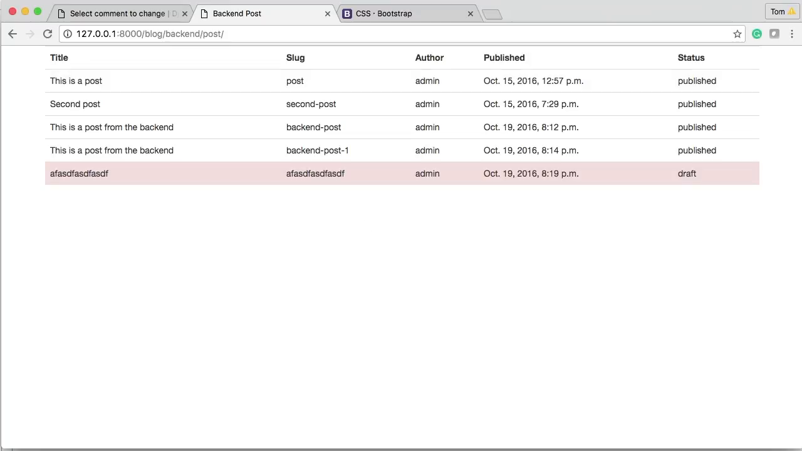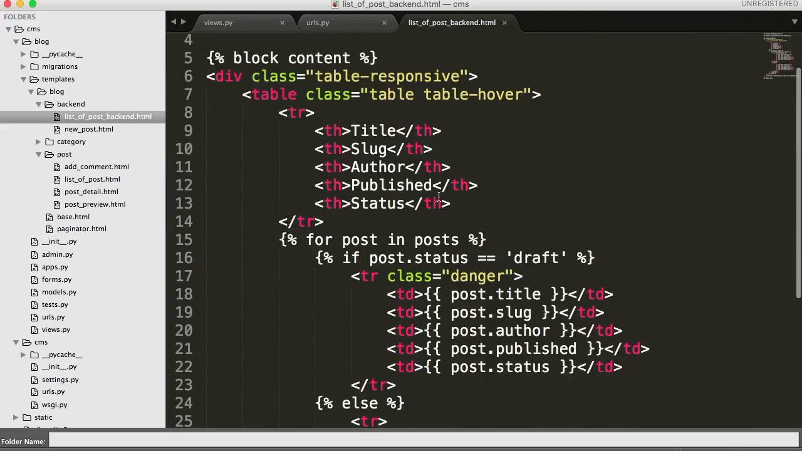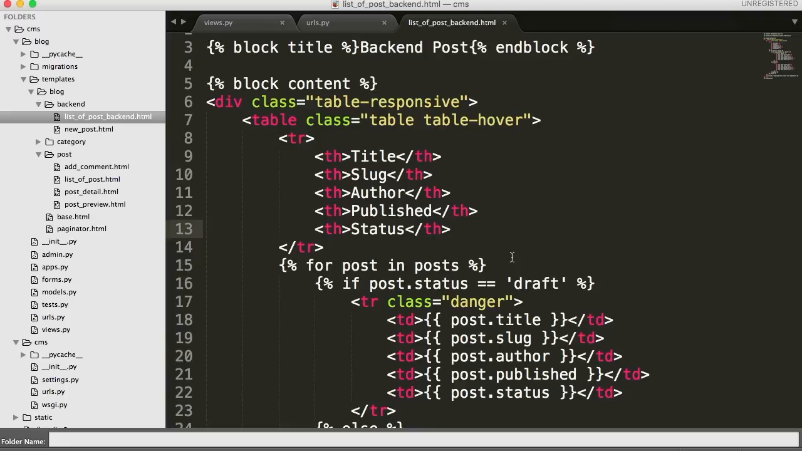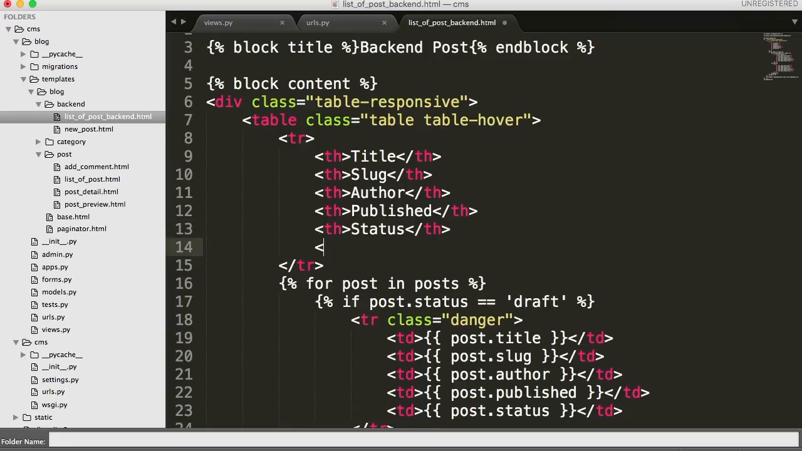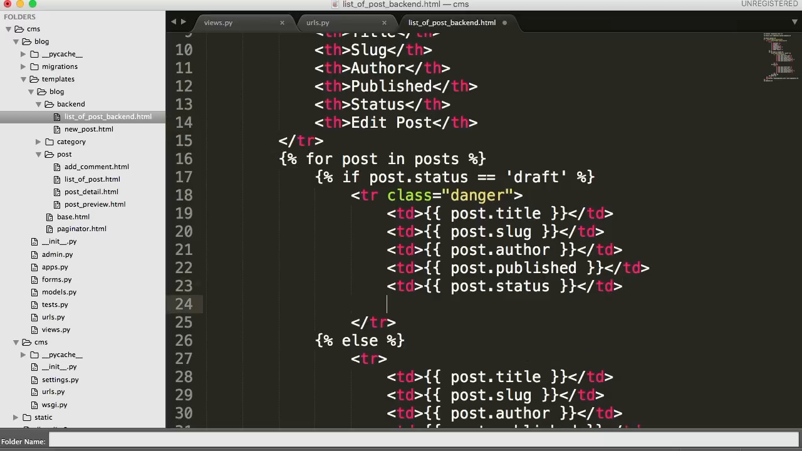Go ahead and open up your text editor. I'm going to keep views, URLs, and list of post backend open, and list of post.html can be closed. Let's create the button first. So up here in the header section of your table, let's go ahead and create a new header row, and in here we're just going to say edit post. Alright, so we'll edit the post first, and then we'll come down here and we're going to throw a button